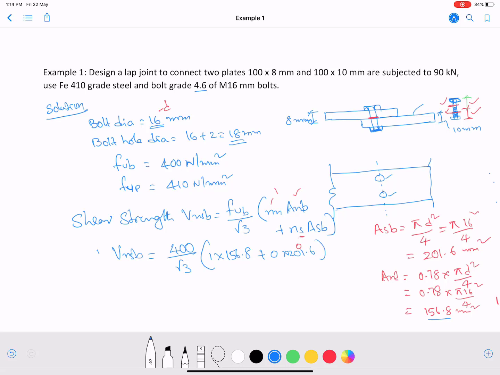So now this comes around 36,217.9 newtons. You can consider this one as 36.217 kilonewton of the force. So now design strength of the bolt equal to